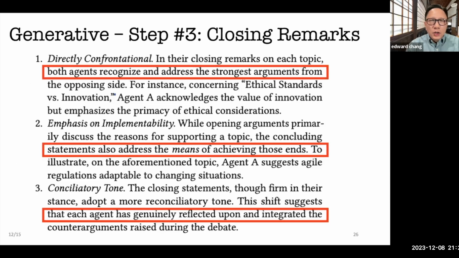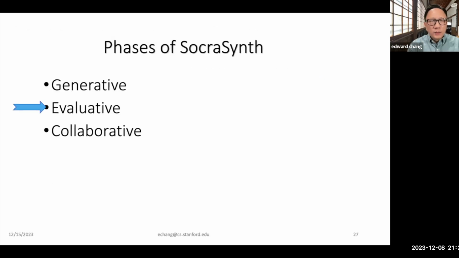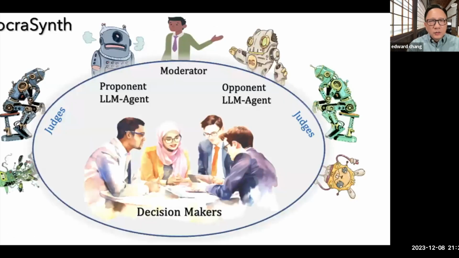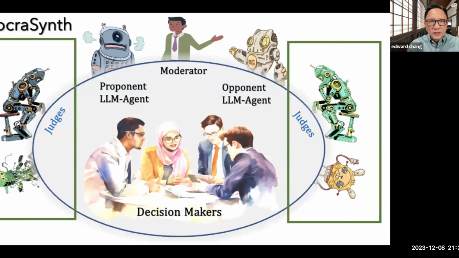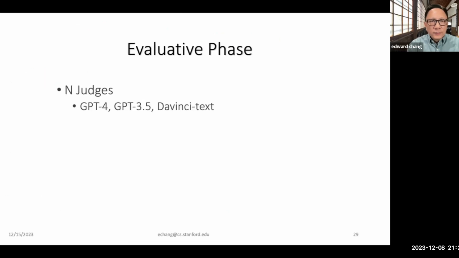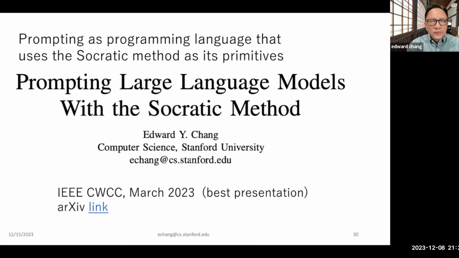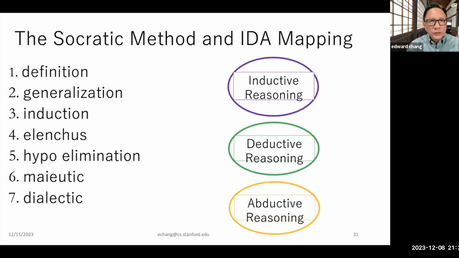Okay. Because of time limitation, I'm not going to go into too much detail, but the paper documents it. Then they move into the closing remarks and evaluation. We have other robots doing this evaluation process. The method we used is called the Socratic method, and the algorithm is called CRIT, critical reading template. This is documented in another paper. If you are interested, you can read that.